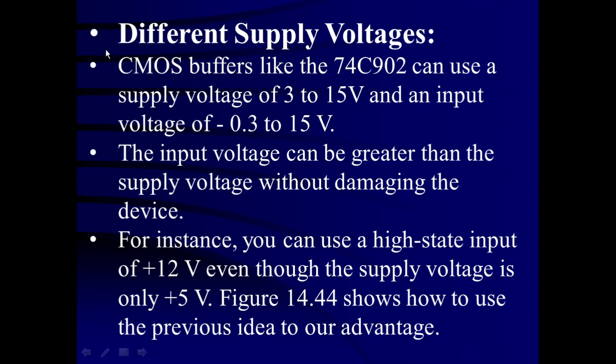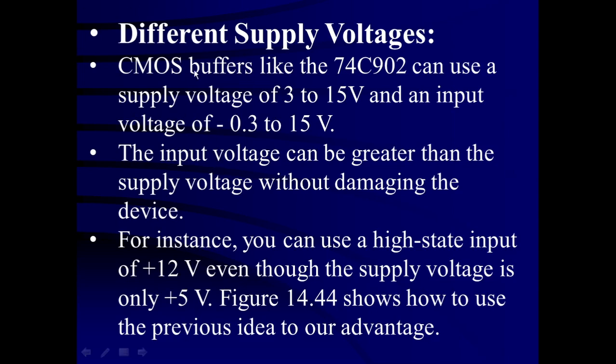Now, we are always interested to use the CMOS IC with the higher voltage because it can operate from 3 volt to 15 volt, and TTL can operate only at 5 volt. The advantage of the CMOS operating at higher voltage is that the propagation delay time will be okay, that means the speed of operation will be okay, as well as the noise immunity is going to be very high. But if you operate both these devices at 5 volt, this advantage of the CMOS will be lost. That means noise immunity is going to decrease and propagation delay time is going to increase, and hence the speed is going to suffer.